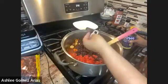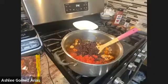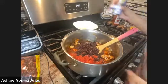Ashley, I have a question. Do you have to drain the beans first, or do you just put your beans right from the can? Oh, I just put it right from the can. You can drain it, but I like the bean oil. If you prefer to drain it, by all means, you can drain it, or you can get